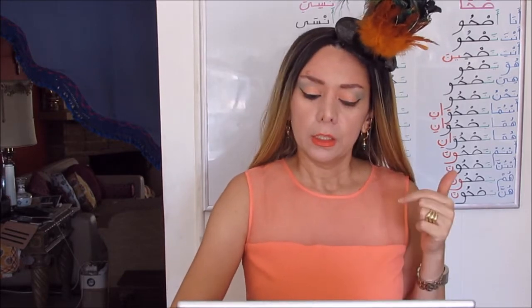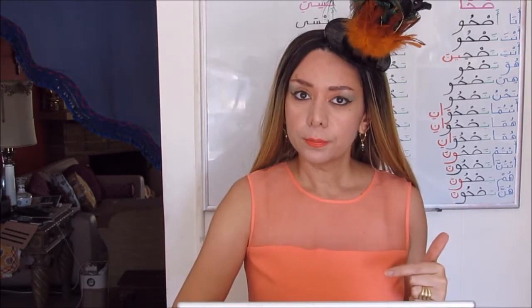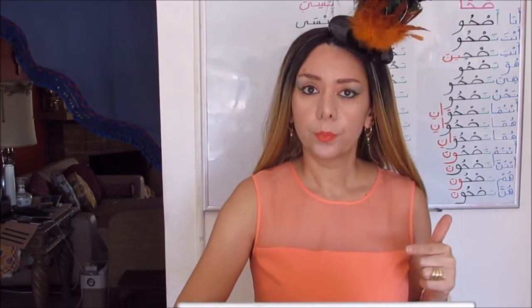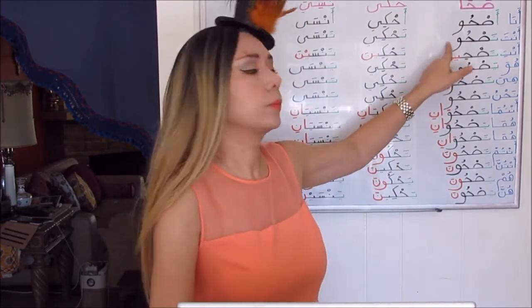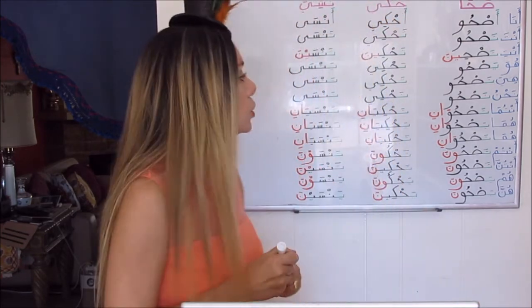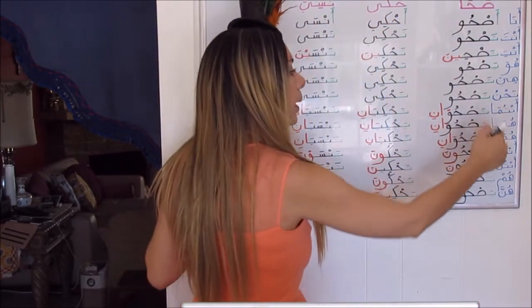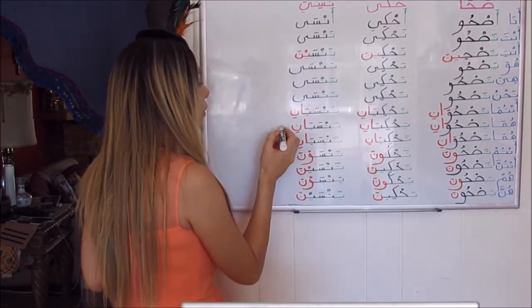However, the last radical, the waw of the root of the stem, would have a fatha matching the following long vowel alif. So here, antuma, second person, dual, feminine and masculine. Tashu